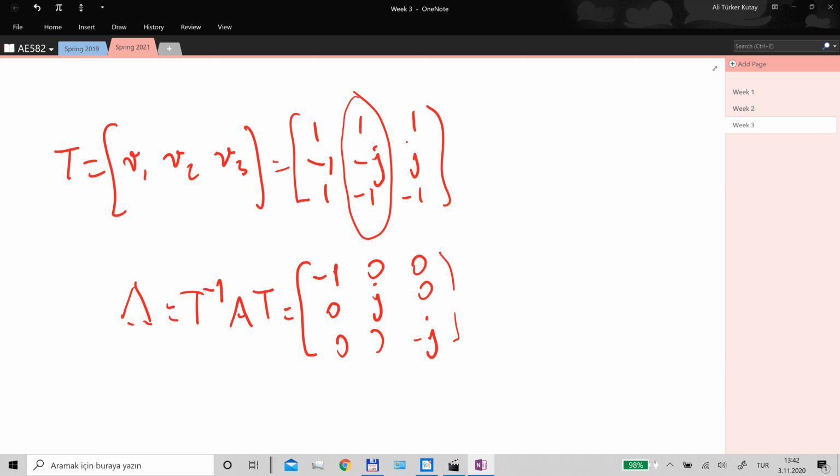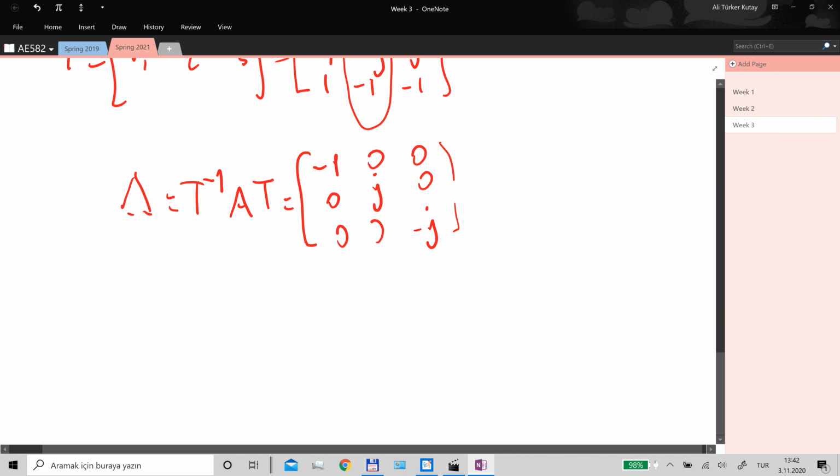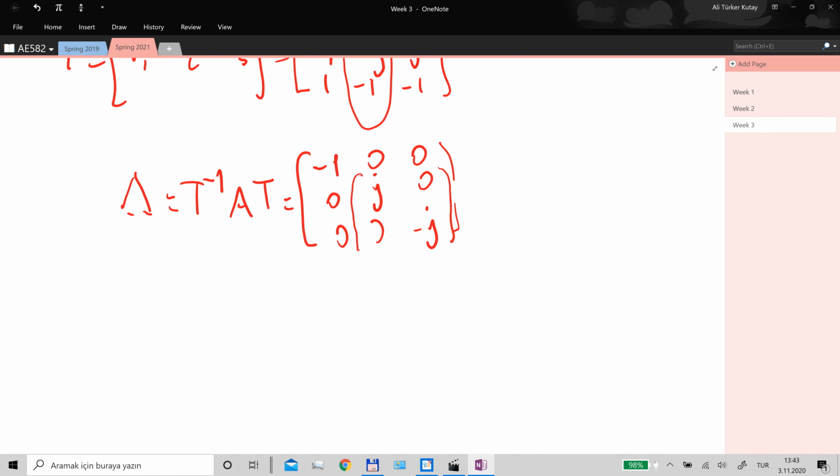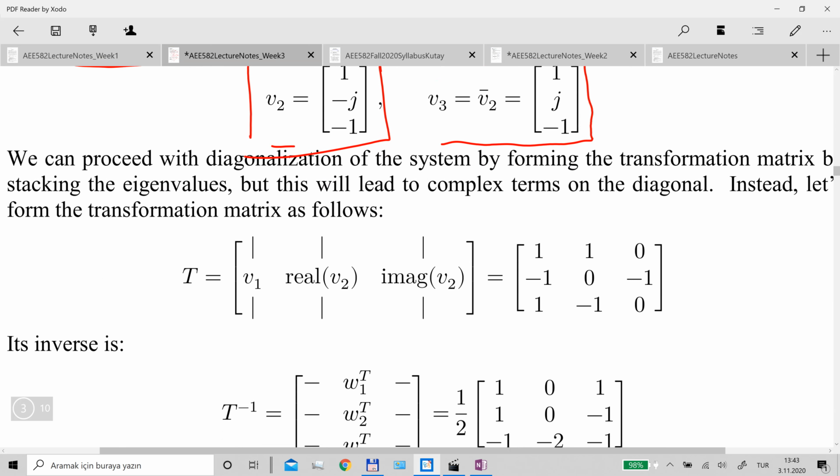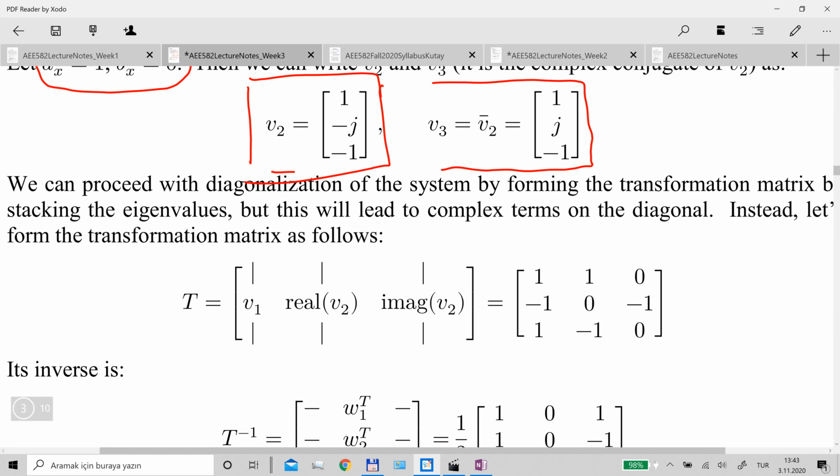What we can do is, instead of putting the system into this diagonal form, put it in a block diagonal form, where these complex or imaginary terms will be replaced by a 2x2 block with real elements, and the eigenvalues of that block will be equal to these complex eigenvalues. The way to do that is explained here in the lecture notes. So instead of choosing the transformation matrix as the three eigenvectors, where we know that the third eigenvector is the complex conjugate of the second eigenvector,